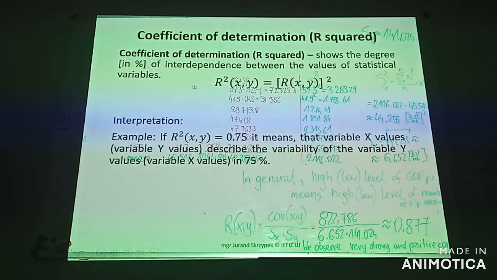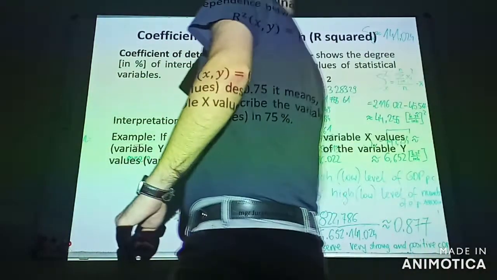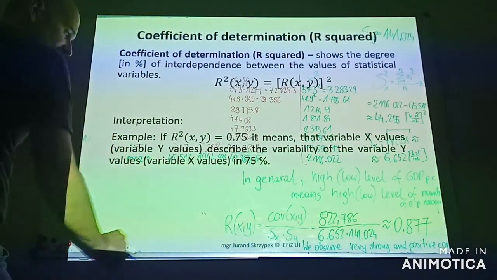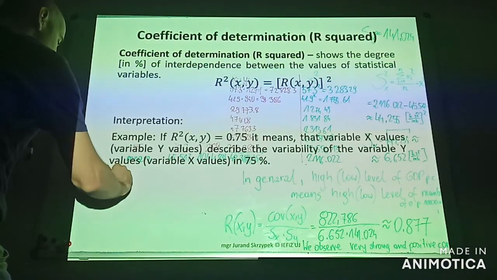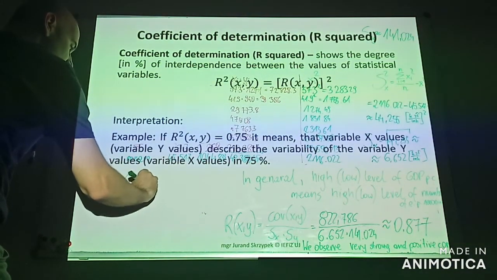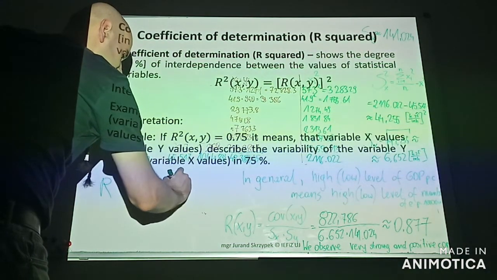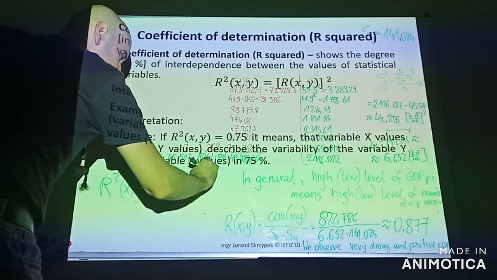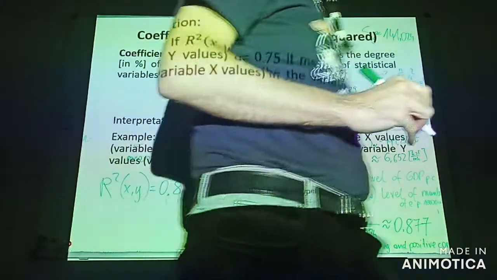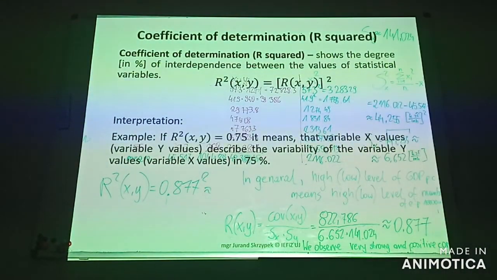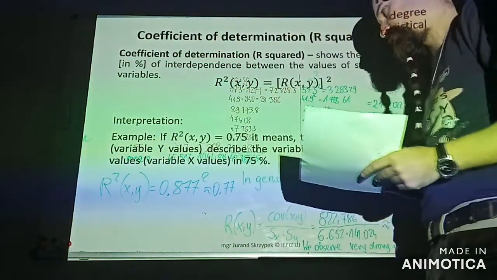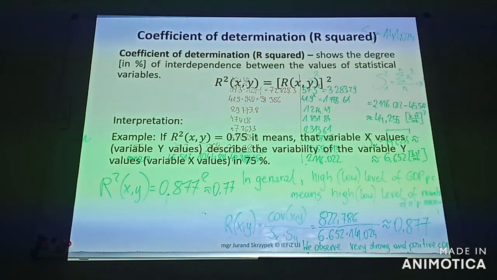R squared coefficient, as you can see, is very simple. It is enough to compute a square of that amount. We will receive R squared coefficient. So it is 0.877 squared, and the result is 0.77 approximately. Okay, and